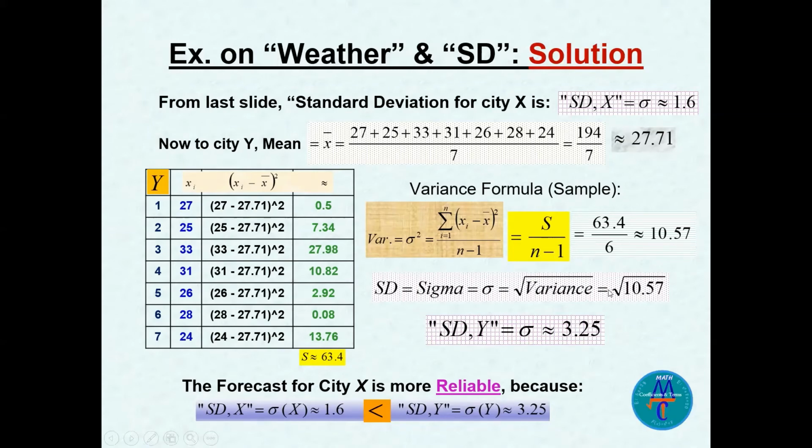This is the variance. Now to find the standard deviation sigma, the square root of the variance, which is 10.57 under the square root, will be sigma 3.25. Before, we found the standard deviation of city X is 1.6. So which forecast is more reliable? City X is more reliable because its standard deviation, 1.6, is less than the standard deviation of city Y, which is